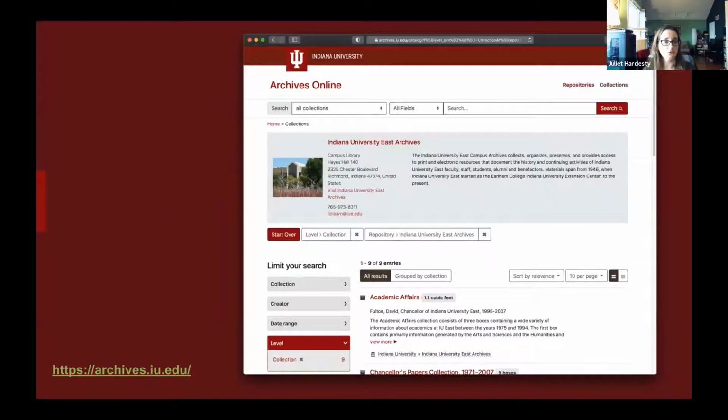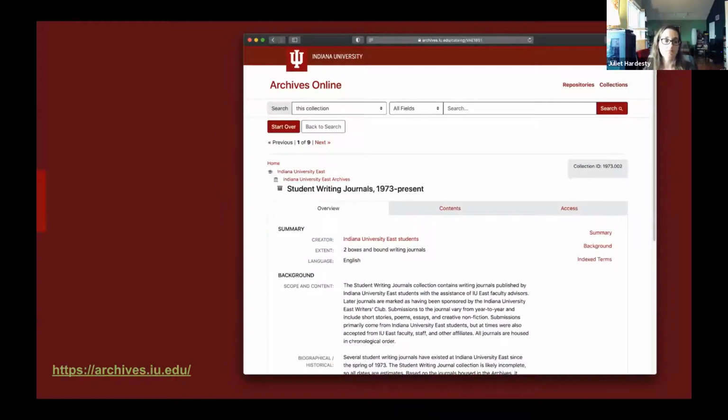And here's a view of search results. This one stemming from entering a particular repository and viewing all of the collections that are in that repository. So it's technically a search result, but there's no actual search that was conducted using the search box. This is a collection overview page for a single finding aid, and this largely sticks with ArcLight out of the